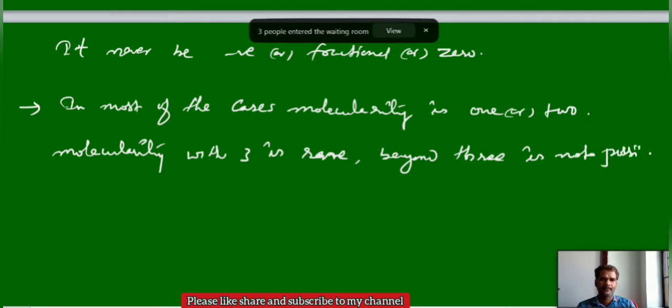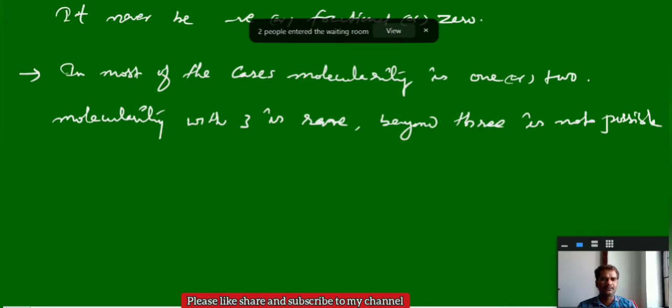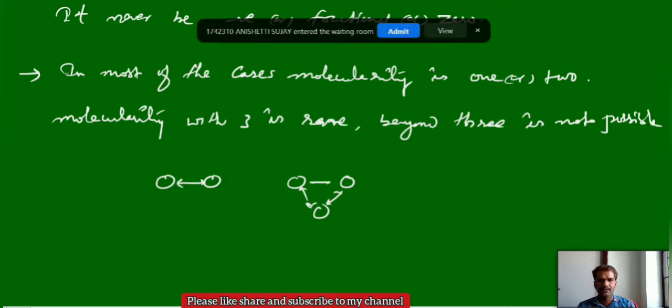Why? Because we have already discussed this at the time of collision theory. Bimolecular collisions are very effective in nature, whereas with termolecular or quaternary, more than 4, 5 molecules, that is not possible. The collision is not effective. You can see here bimolecular collisions are 100%. You can see maximum collisions here, and you can take 3 molecules. Here collisions are not as effective compared to bimolecular. If you increase the number of molecules to 4, 5 and so on, the collisions are even less effective.